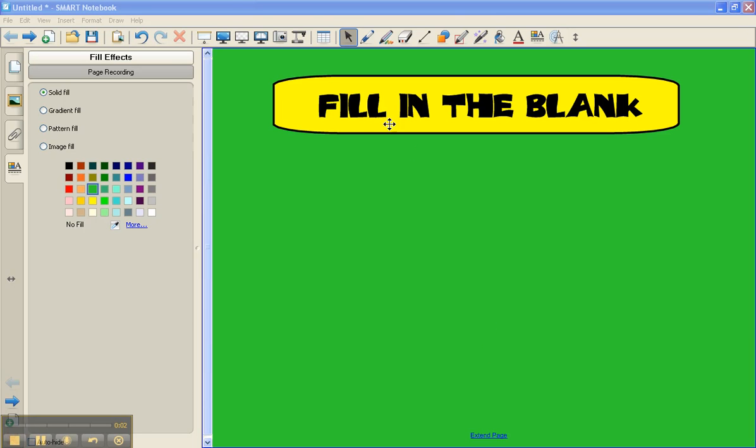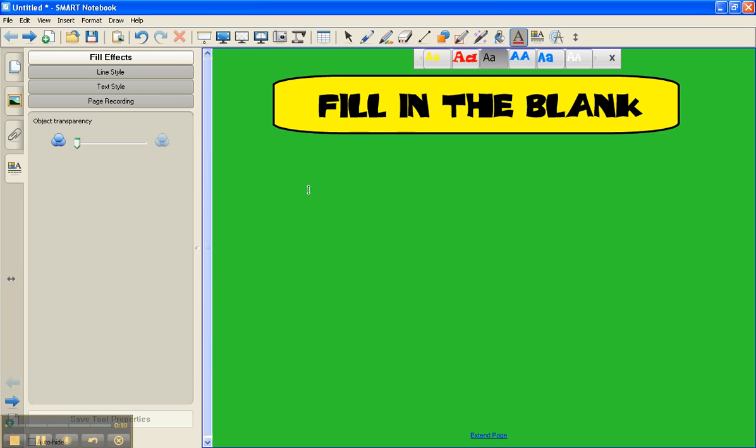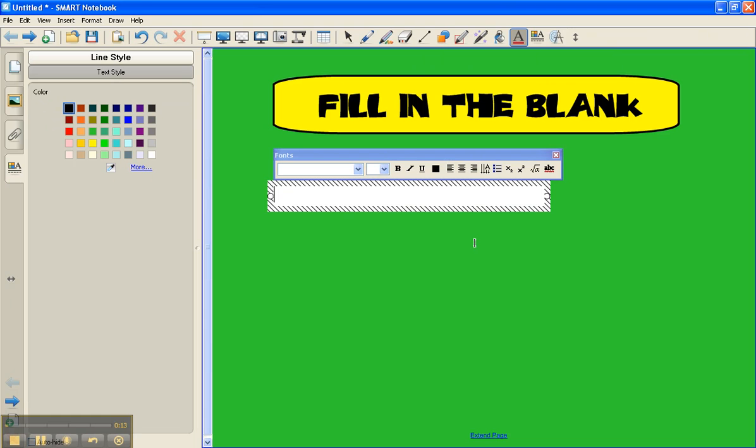To finish our tutorial on how to create a fill-in-the-blank question, we are going to write our question next. So the next thing that I'm going to use is the text tool, and I'm going to type the question that I would like the students to be able to answer. So using the Revolutionary War, we'll type, and then I'm going to add some blanks,